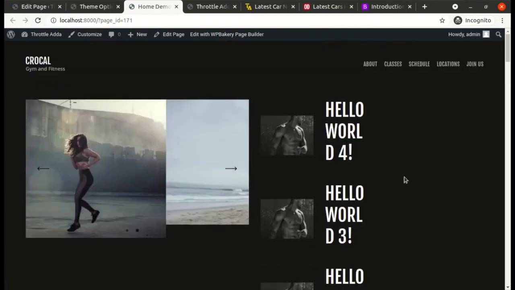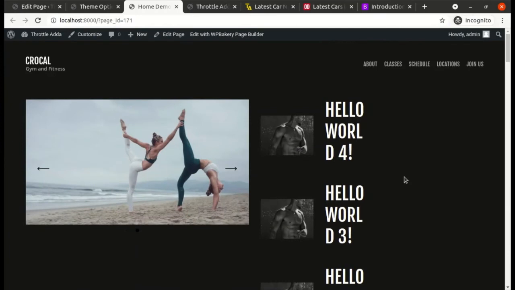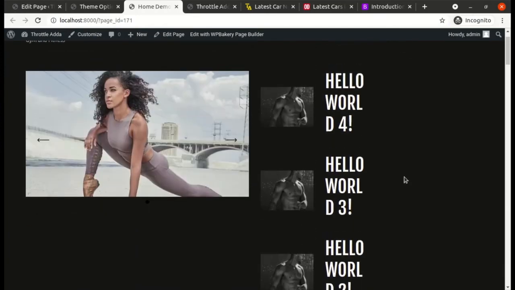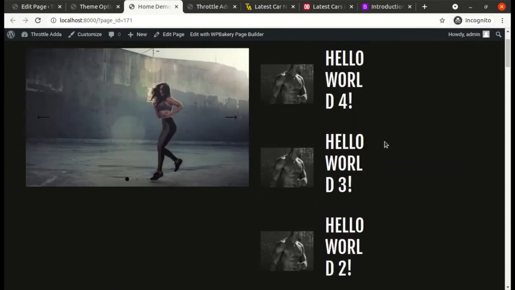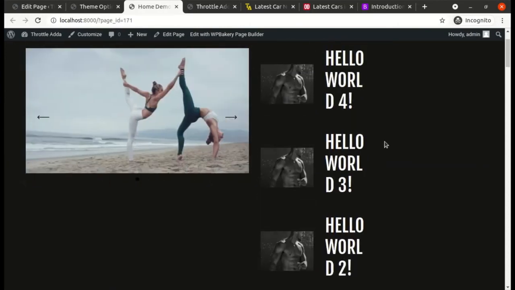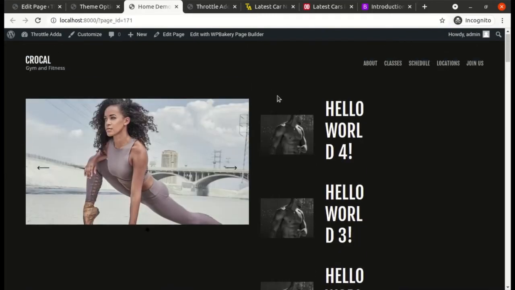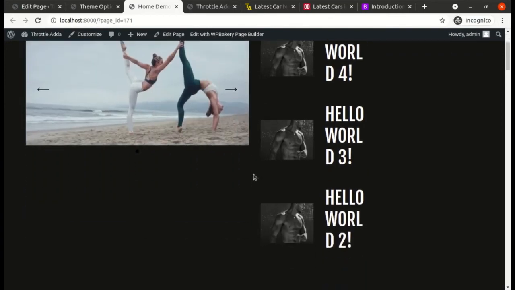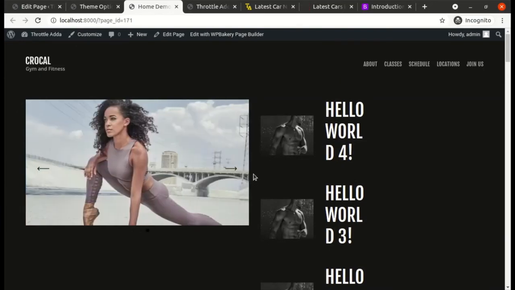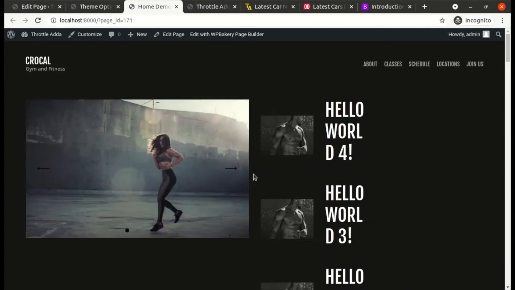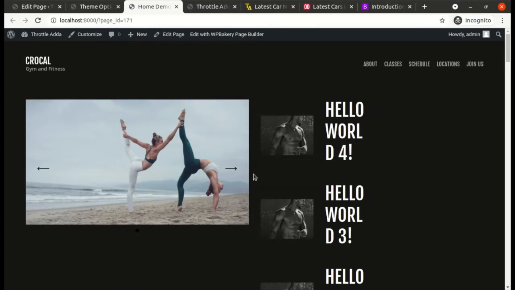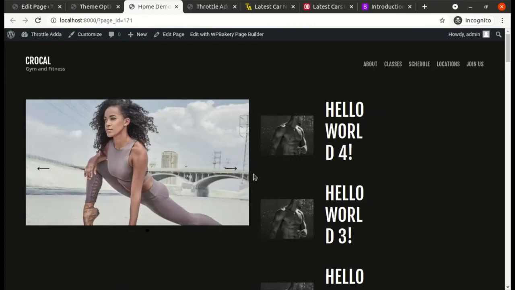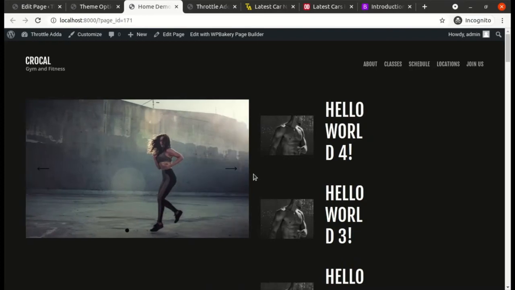Alright, so we have our blogs, our posts which are available over here, but we do not want it this way. We want this entire section to fit in a container whose height is limited, and that is how we will configure it. Now this will need a little bit of custom code, that is custom CSS and custom HTML, so be patient and just follow the steps that I'm doing, and we will achieve what we are looking for from the reference website.